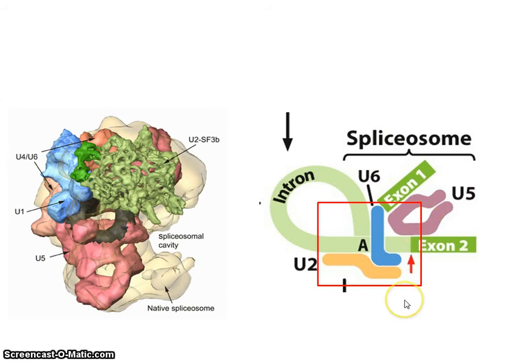And the take-home message I want you to take home from this is that the RNA components of the spliceosome are critical for having complementary sequences that interact with the consensus sequences within the intron. So this is why consensus sequences are important, and why RNA can play such a big role in ribonucleoprotein function, because it allows